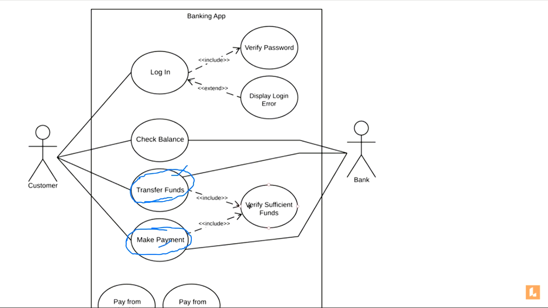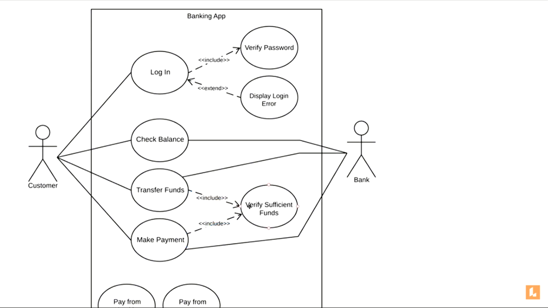In the background, what should be checked? That you should have sufficient money with you to make any payment or make any transactions. So in the back, I created one more use case, that is verify sufficient funds. Why I'm showing you this is, one use case can also have includes from two. Means whether transfer funds is called or make payment is called, they can both point to one use case. Apart from this, what could be the other solution?